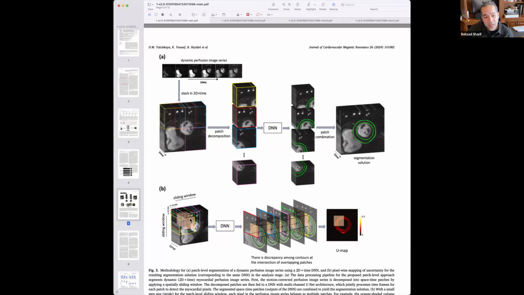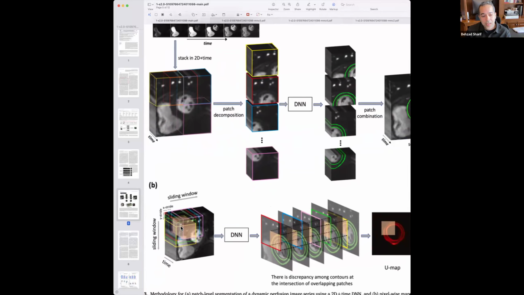This is, again, a classic image processing trick. What's beautiful about it is, if you look at the overlapping patches that you can shift around in space in this image series, there is a common set of pixels. Let's say this is the anteroseptal tissue in this stress basal slice, for example.